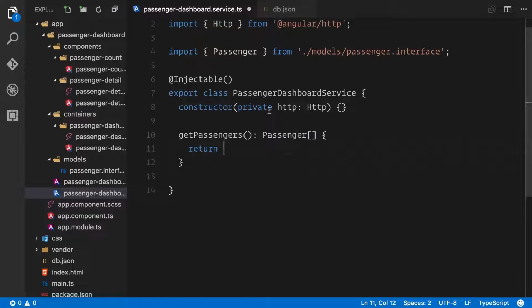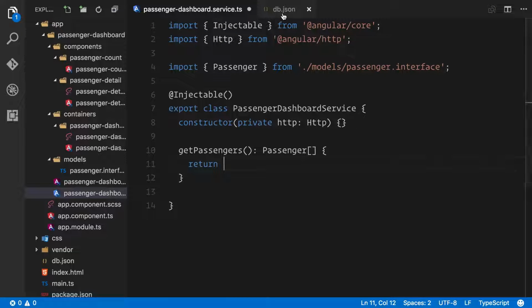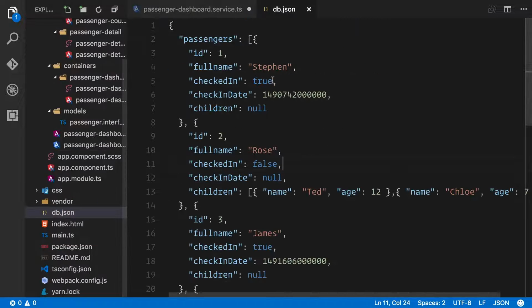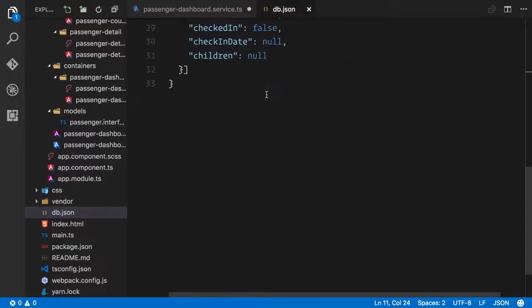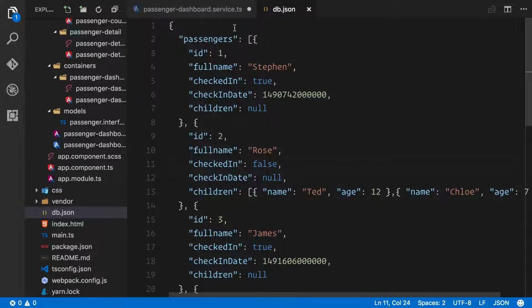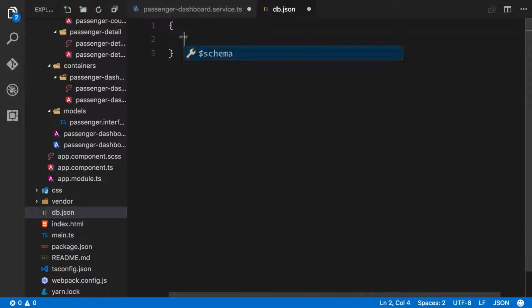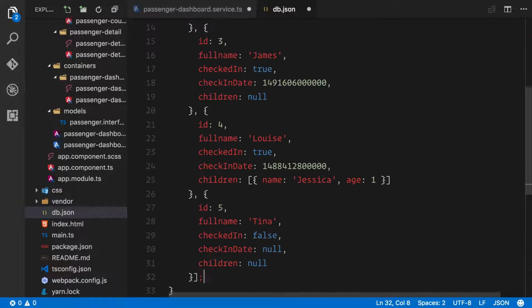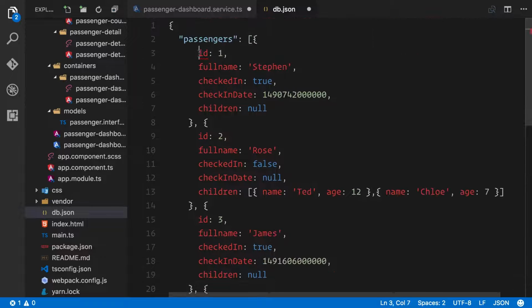And what we'll do is delete what we've got. Now, if you hop over into the db.json, which you can see down here, yours will be an empty object at the moment. What I've actually done is gone and converted all my data to JSON. Now you can see here the most important thing is I have an object property called passengers. So create an object with a key of passengers and then paste your array in and then convert it over